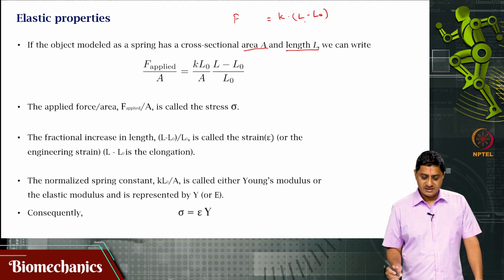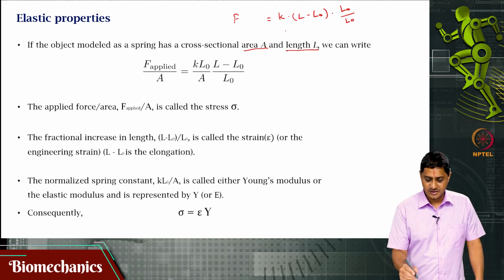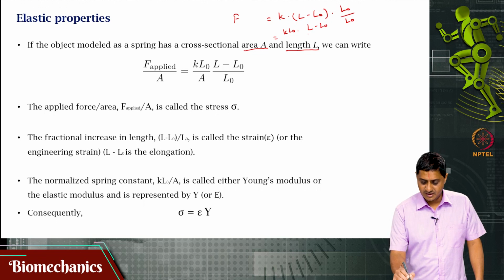Now, let us say that I am multiplying and dividing by L naught here. You are wondering why I would do that. There is a reason. So, I am multiplying and dividing by L naught, and that gives me k L naught times (L minus L naught) by L naught,